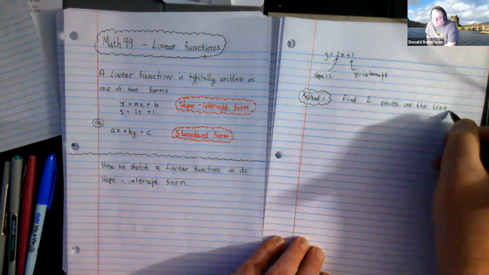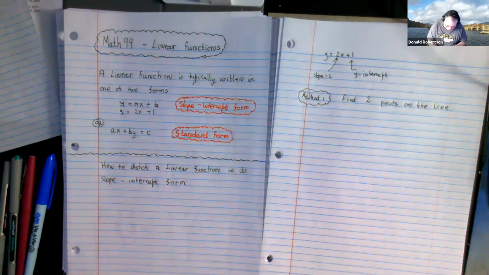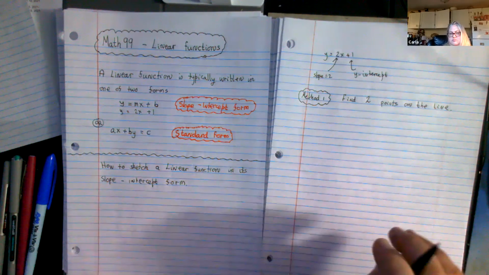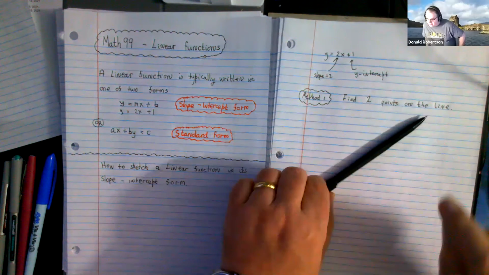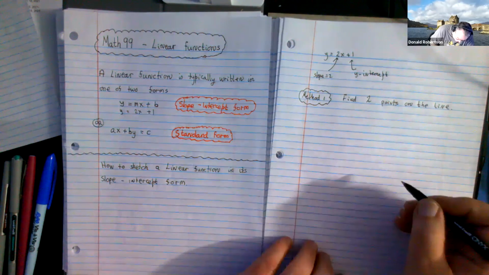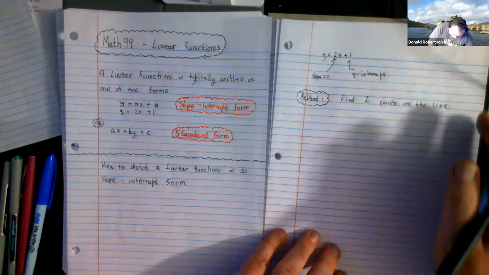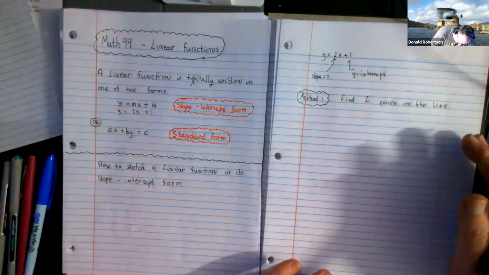And then once we know those 2 points, we'll plot them, and then like getting a ruler, we'll draw a line right through them and we're finished. That's how easy it's going to be. So what kind of 2 points should we get? Technically, any 2 points at all would work, but when the equation is written in this form,